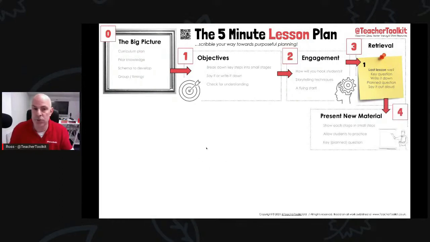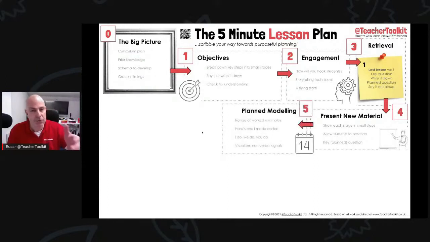Stage 4, presenting new material. So we know that, I'll come into modelling in a moment, but we need to show each stage in steps. So in the UK here, we have a children's program called Blue Peter, and they're always showing little models of things they've made as they present. So I call it Blue Peter teaching. Here's one I made earlier, and you might not show the finished product, the assignment, the drama performance, or a table and chair if you're in a practical classroom. You'll just show various steps as you go forward.